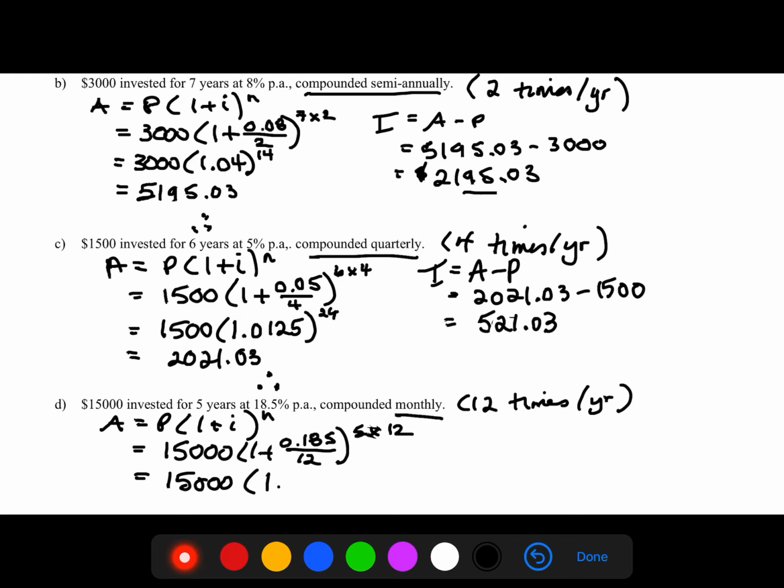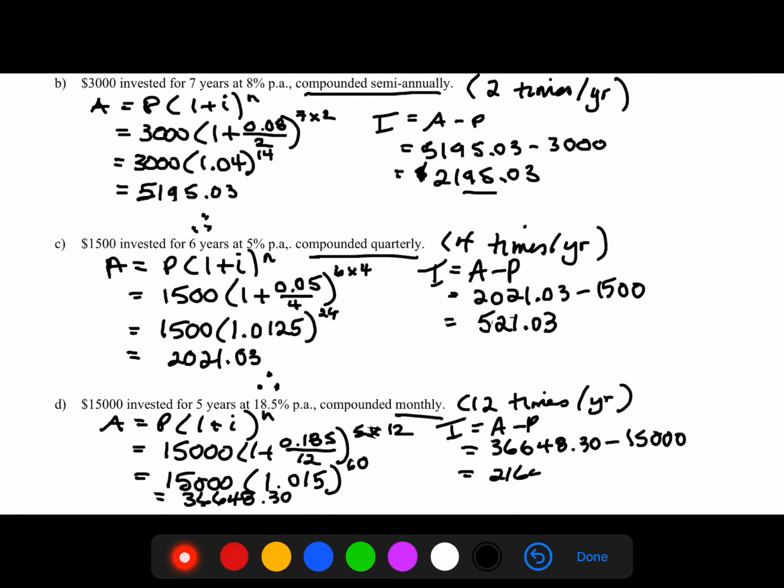So simplifying, and we could do this all in one step on our calculators. 0.185 divided by 12 gives us our 0.015 plus 1 gives us our 1.015, and then to the power of 60 times 15,000, which gives us $36,648.30. And again, our interest, difference between those two amounts,